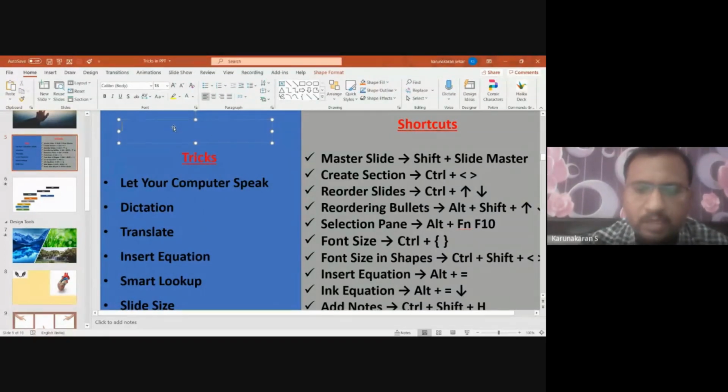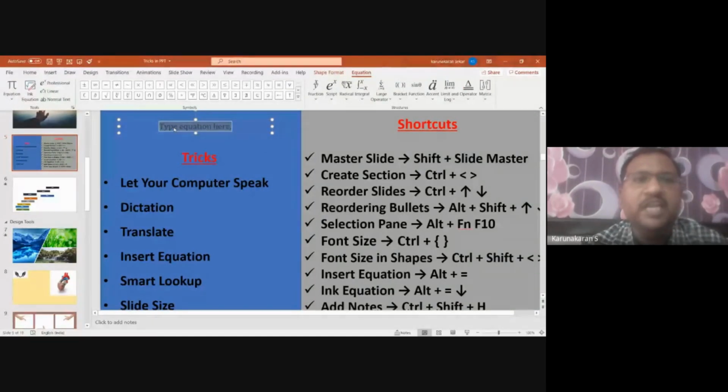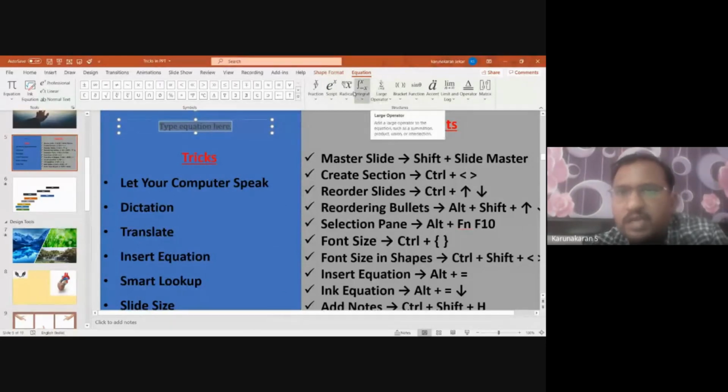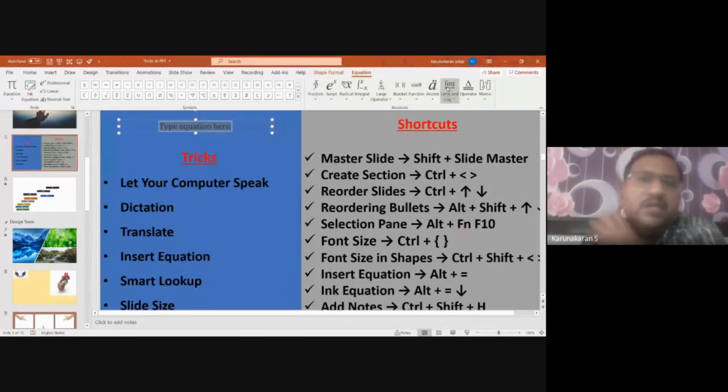okay, so click on Alt and equal to, it will immediately ask you to type the equation here. You will have all the symbols present here. You can select the symbol and type the equation here. But again, other symbols are available here. Whichever type of equation that you want to prepare, you will have all these options available here. But still,